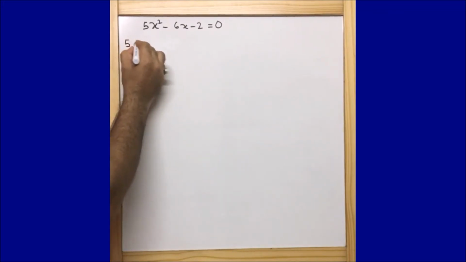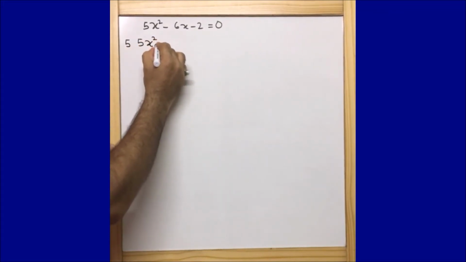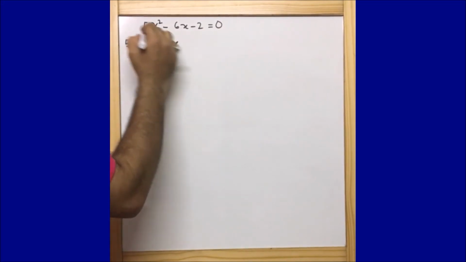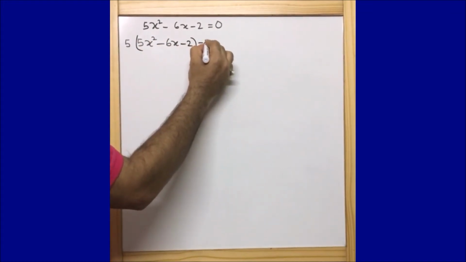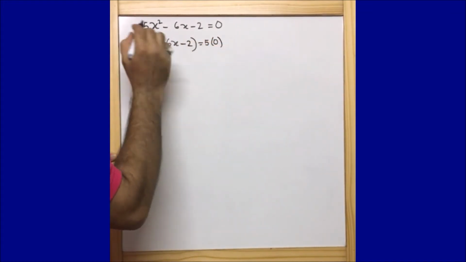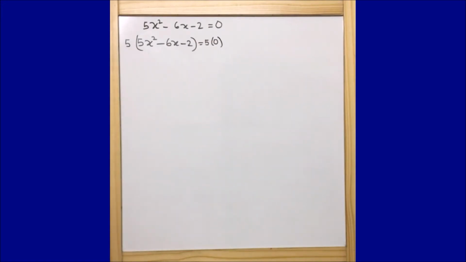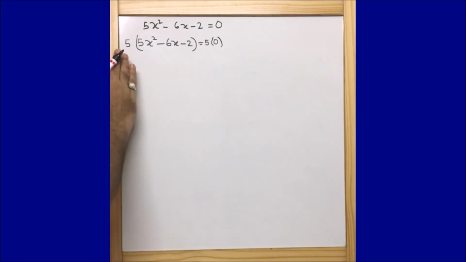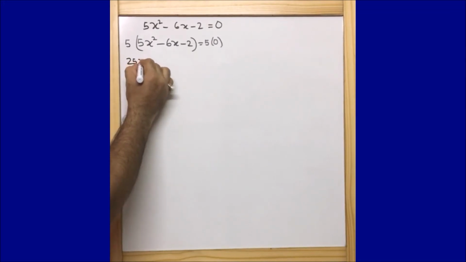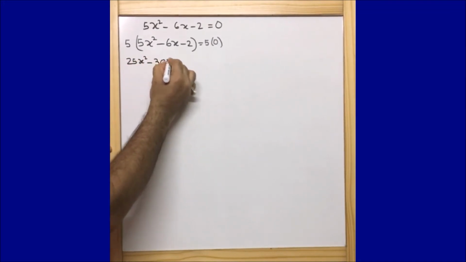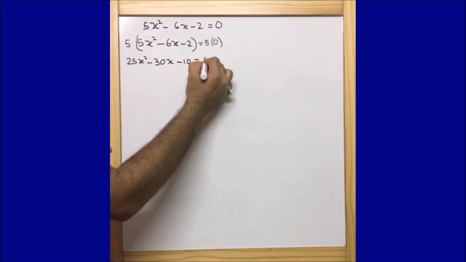Now let me multiply this equation by 5, so that the resultant equation has 25x^2. So multiplying 5 to both sides of this equation; I cannot multiply 5 to only one side. We know that multiplying 5 to the right side, which is 0, still gives 0, but we are showing it as a step of our calculation. We should not omit any step. We should be very clear while doing the workout, so that the examiner will know we understand what we are doing. Now I can write 25x^2 - 30x - 10 = 0.